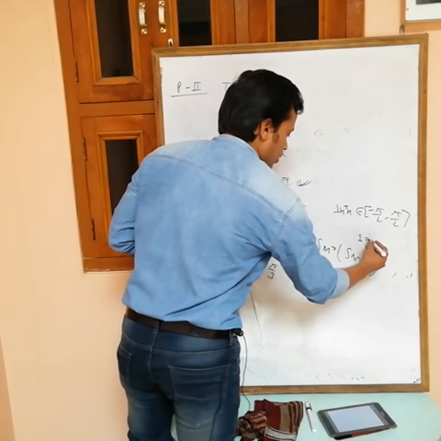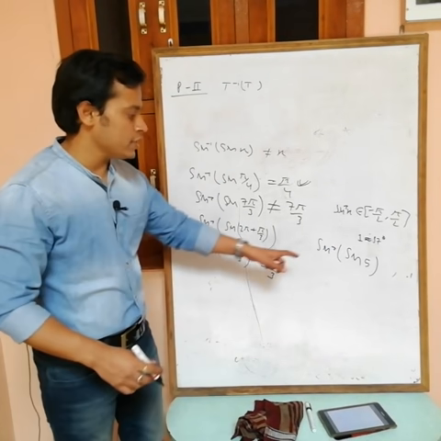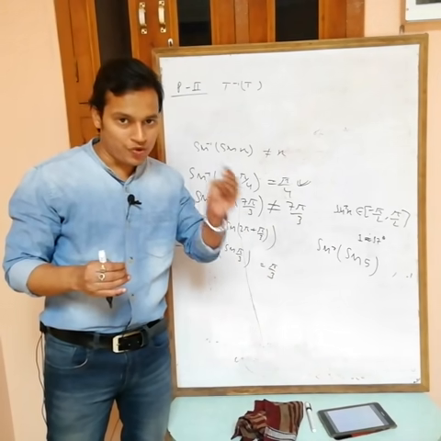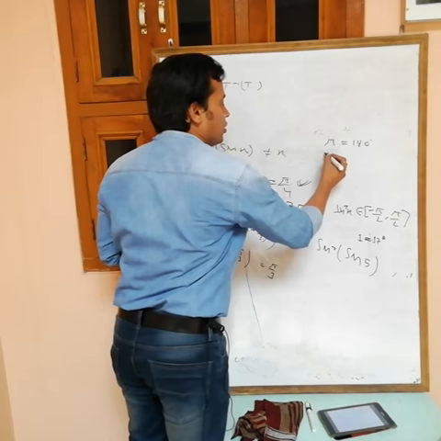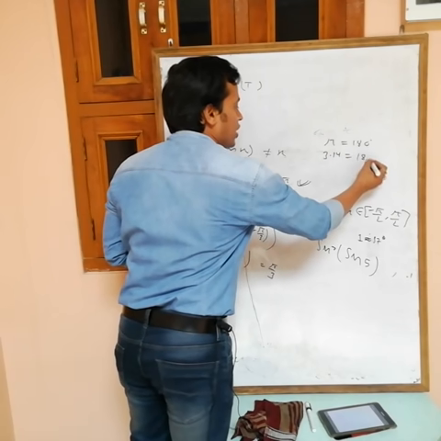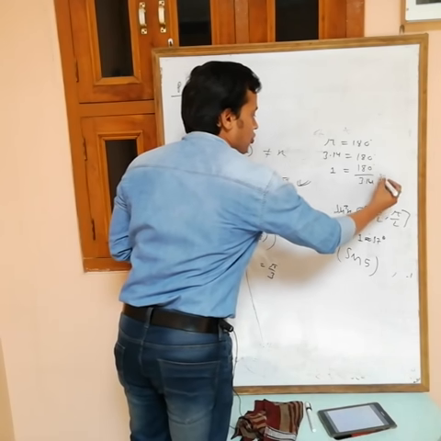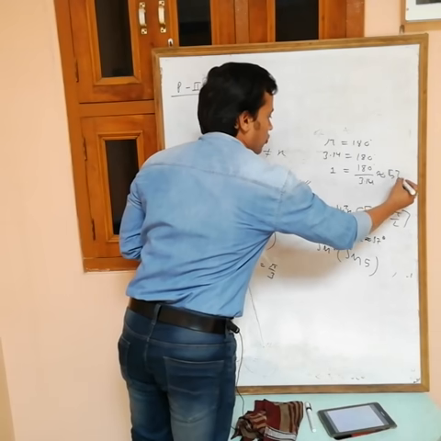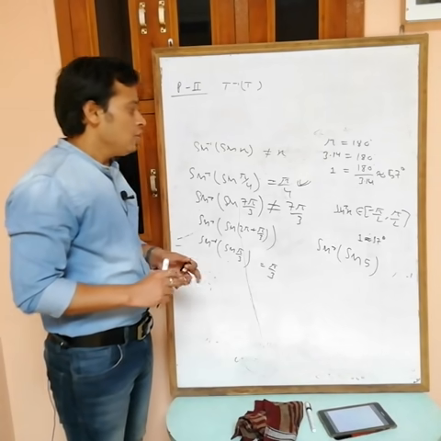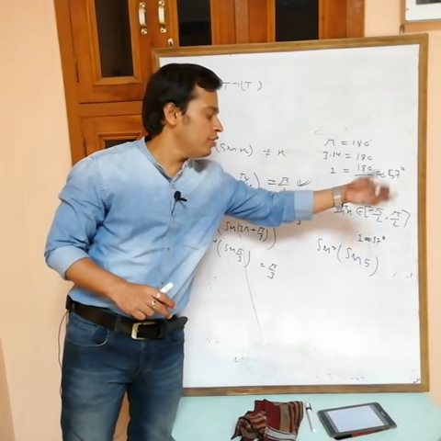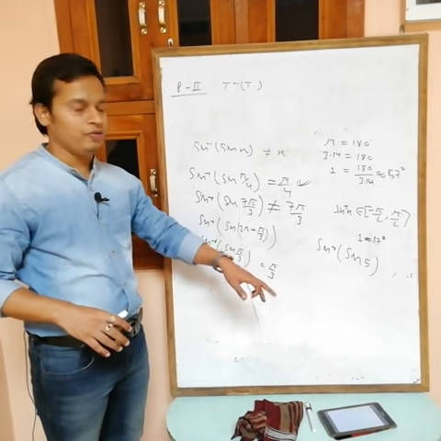So I will use another method where 1 is approximately 57 degrees. Actually this is in radians. Pi equals 180 degrees, pi means 3.14, equals 180 degrees, and 1 is equal to 180 by 3.14. If you solve this one, you will get around 57 degrees, 57 degrees 17 minutes. So this 5 is 57 into 5 in degrees, if you convert. So can you solve this and find the value like this?